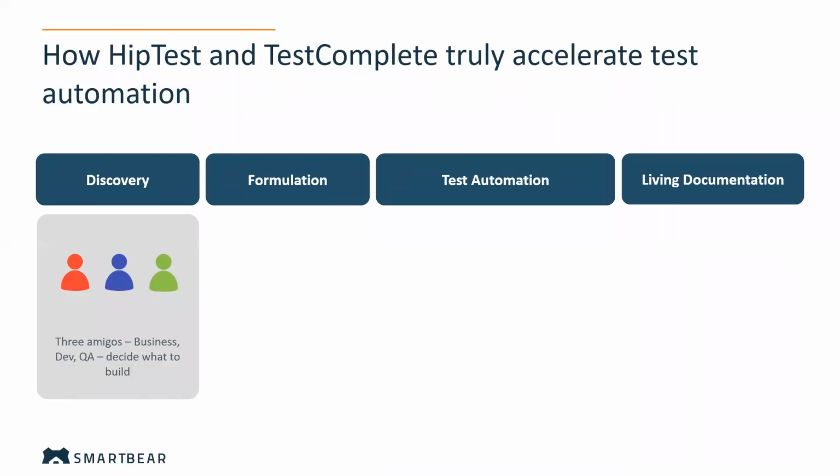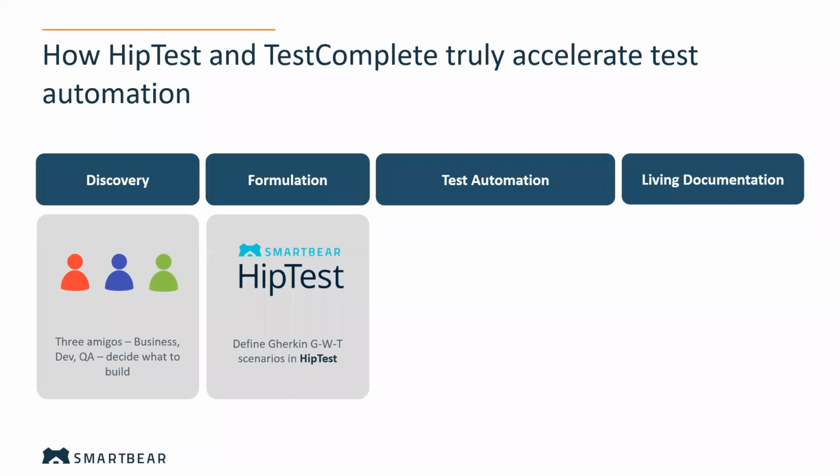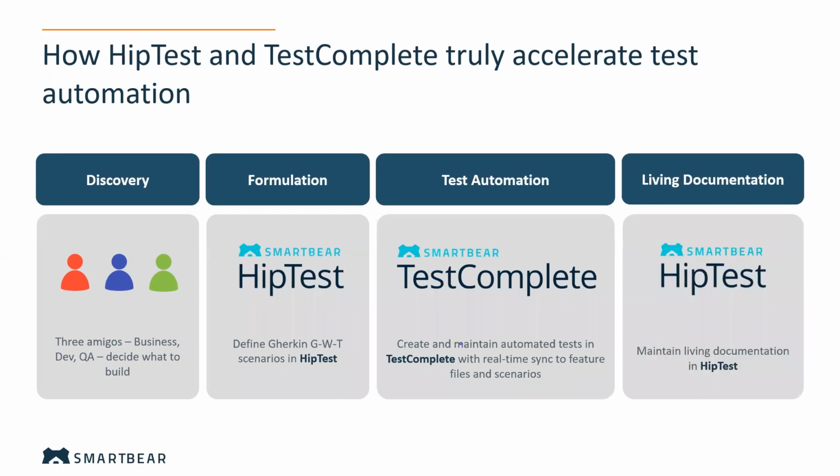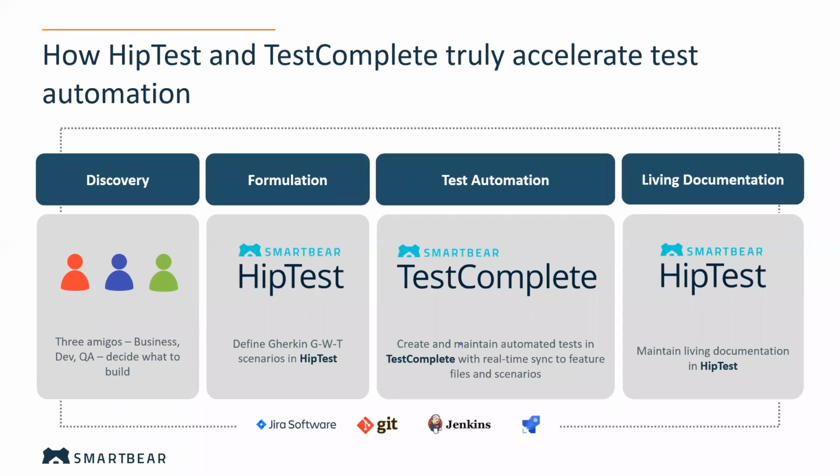So the first step, discovery. There's no tooling required here. It's basically just getting everyone on the same page. You use HipTest to then define your Gherkin given-when-then scenarios. You use TestComplete to automate those scenarios with real-time sync. And finally, once you run the tests, you can bring them back into HipTest and maintain living documentation. You can truly do this over and over again,